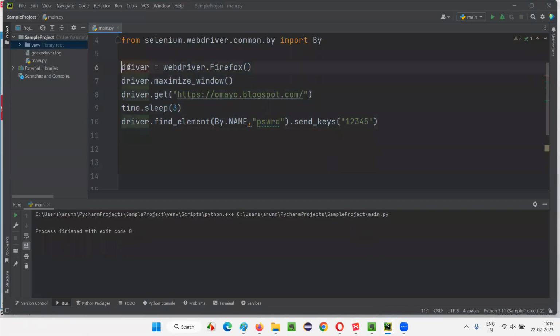So here is the thing. I'll open the Firefox browser, maximize the browser window and open this application URL. That's also fine, the same URL we are going to take. And I'll just give a sleep time of just 2 seconds, which is enough. After that, just see here when I open this application, whatever I'm going to automate,